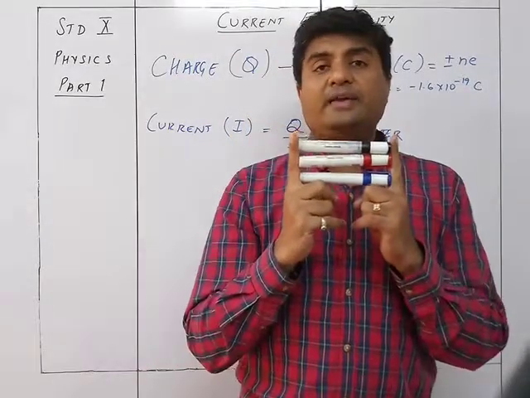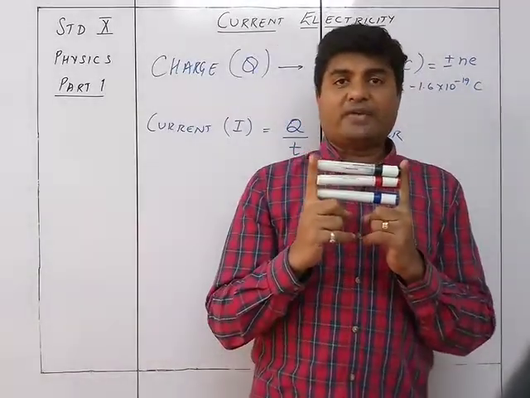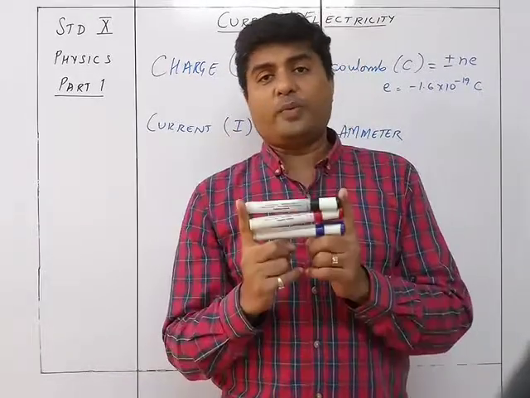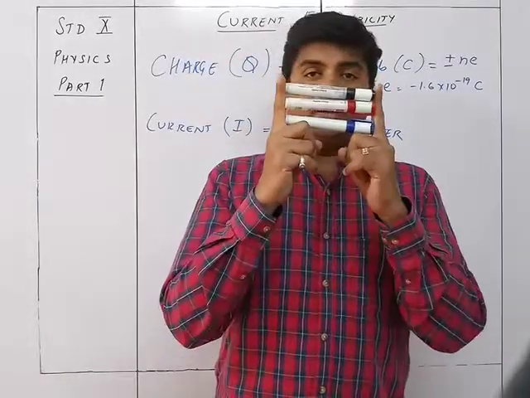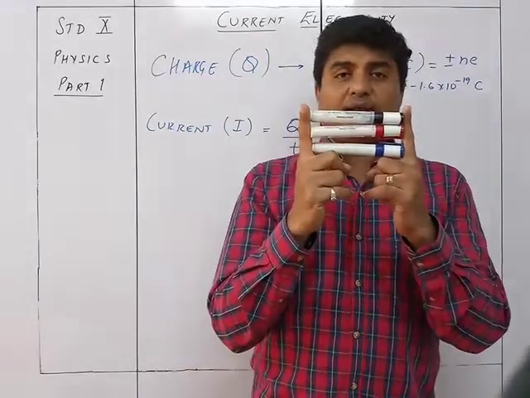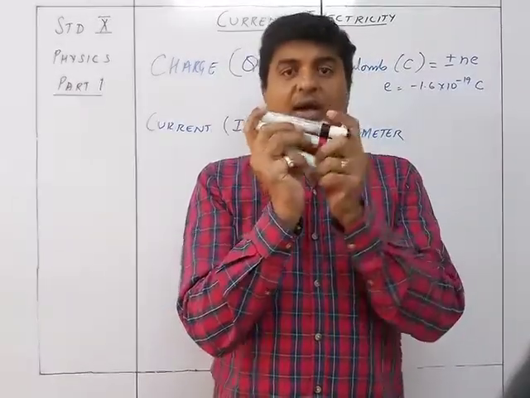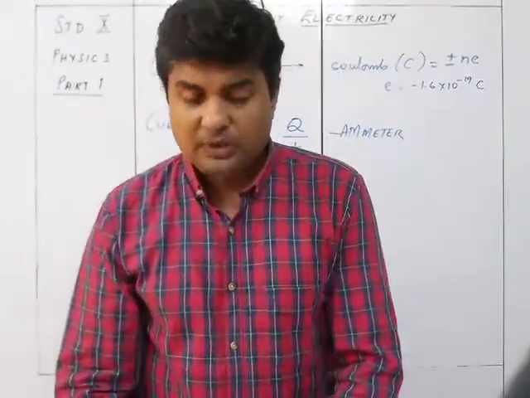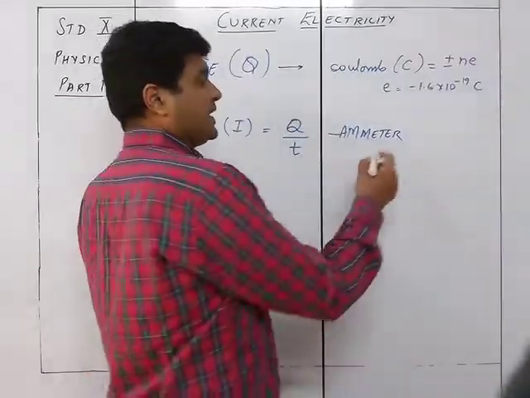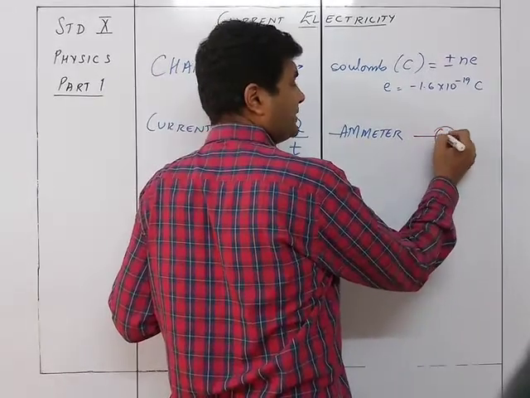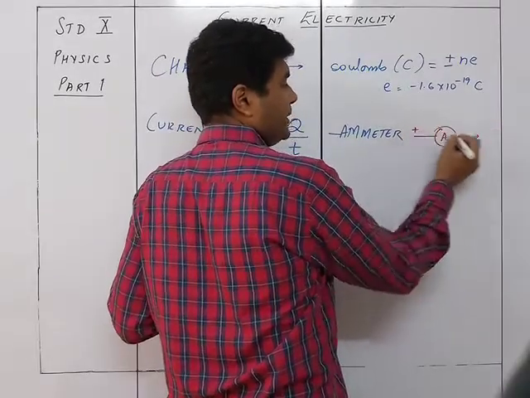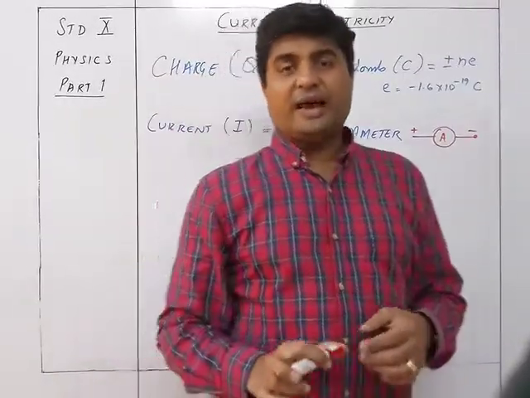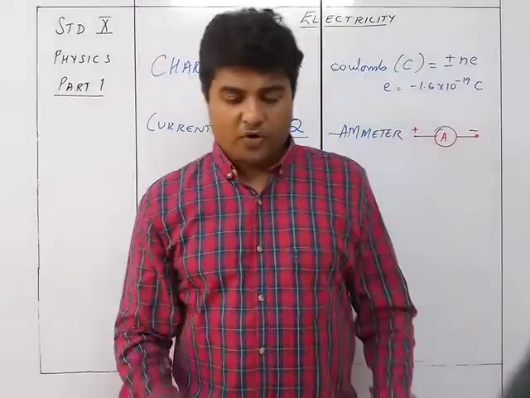So, in the electrical circuit, there are two kinds of connections. One is a series connection. A series connection is one in which the start point is connected to the end point, which is connected to the next start point, and so on. And the other one is the parallel connection, in which the start points are connected together and the end points are connected together, and then it is connected to the battery. So that's why the ammeter is always connected in series. It will be something like this. This is the ammeter, which will be connected positive here, negative here. So it will always be in series with the circuit. That is the requirement for finding out the current.